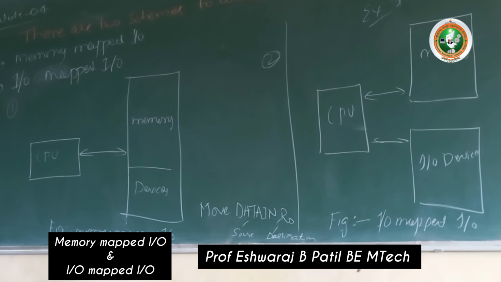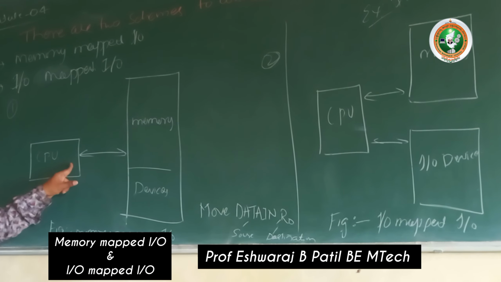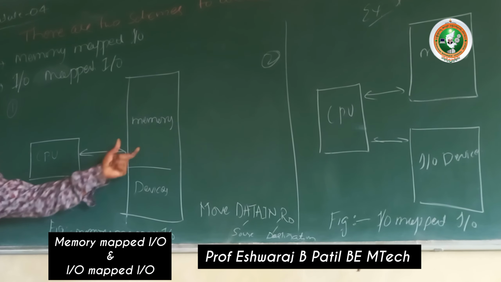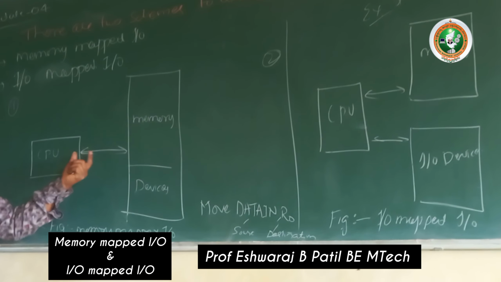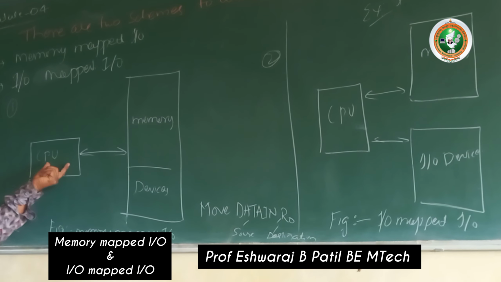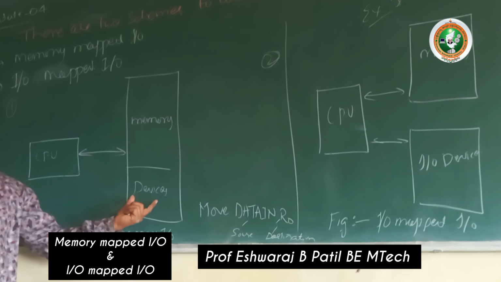Okay, in this we have the address space for the memory, and if you want to communicate with the memory through the CPU, we'll use the memory related space. The same instructions are used to communicate with the processor, and even the same instructions are used to communicate with the